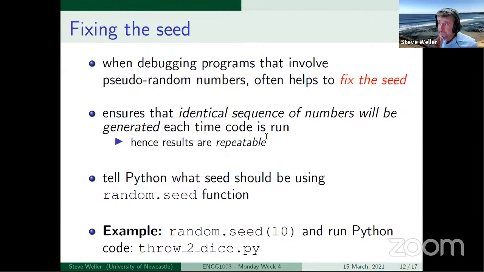What that also means is that if you use the same seed, you could give your code to your friend, they could run it on their computer, and their results would be exactly the same as yours, because the results depend on a sequence of random numbers, and the sequence of random numbers is the same because you used the same seed. So rather than talk about it, let's do it.